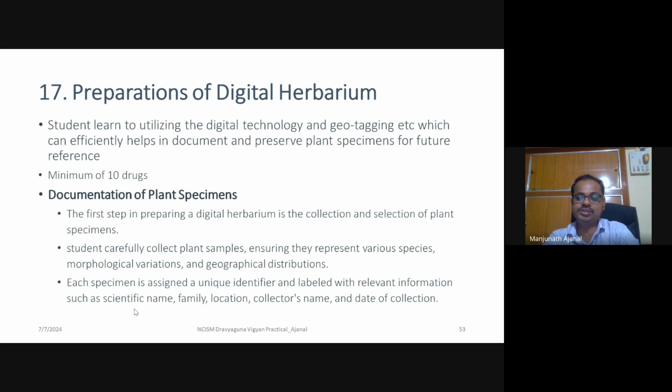So every season they have to visit the plant and collect each organ of the particular plant, and all these pictures they have to present at the end in one sheet with all the herbal information, which has to be submitted to the teacher. The teacher will take the observation and may sign it. This is what digital herbaria is.